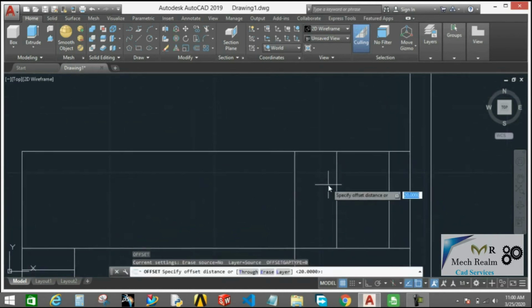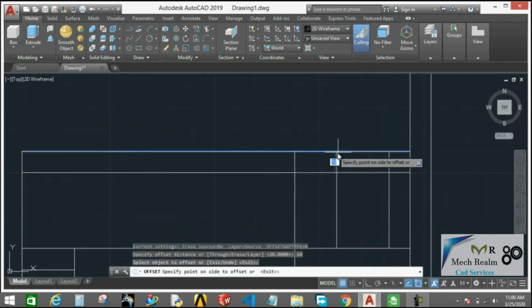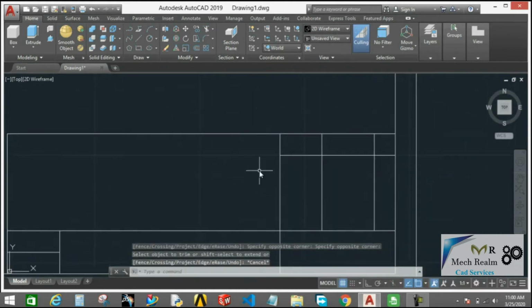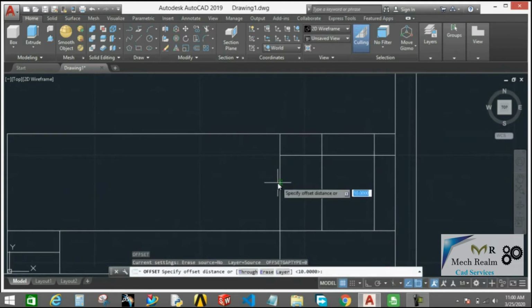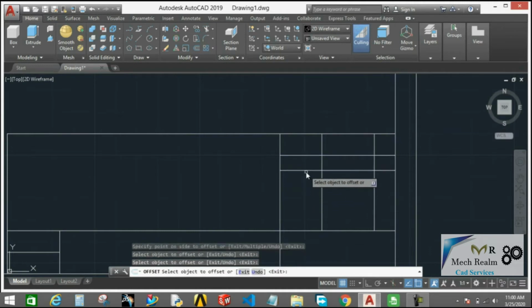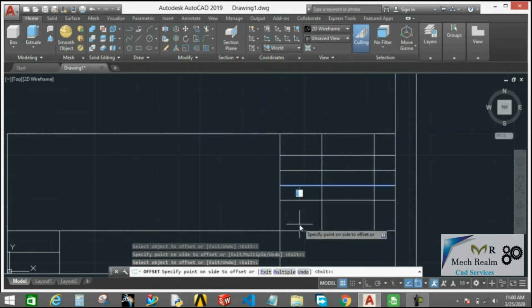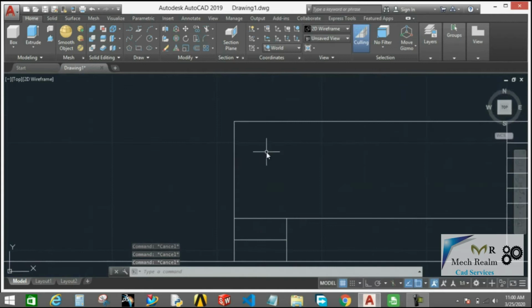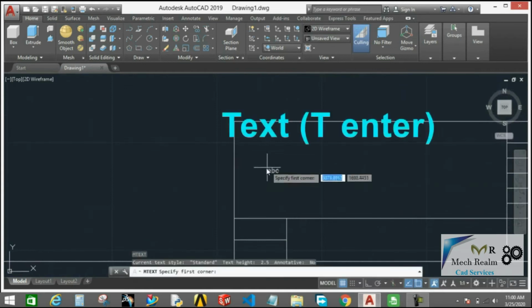Now we have to offset 10 mm bottom, offset it down. Let's trim it because it's of no use. Then once again we have to offset 7 mm each towards bottom, 1, 2, 3, 4 and 5 times. Clear? Now we have to type, first of all type T enter and